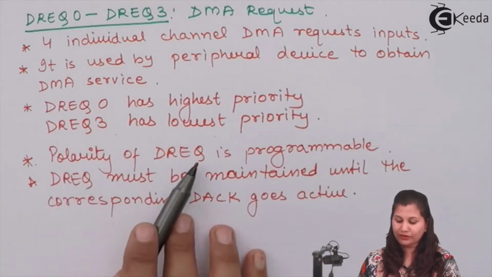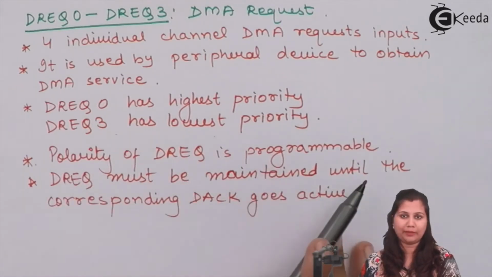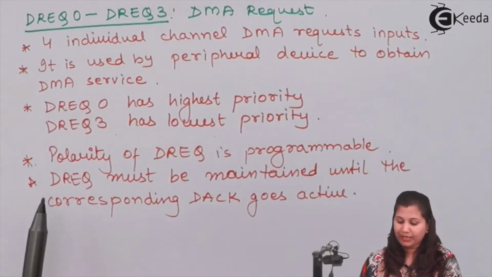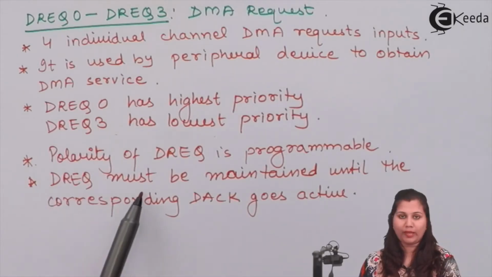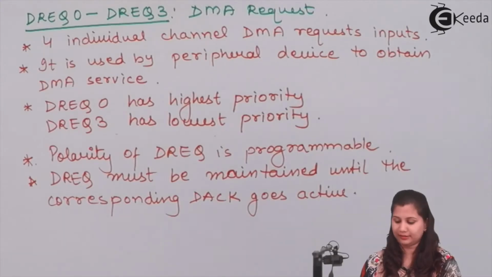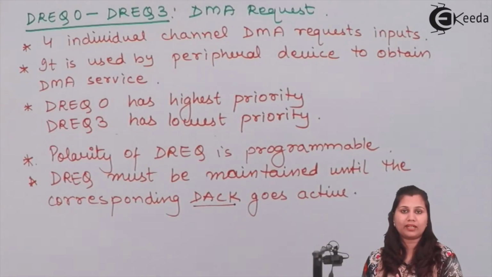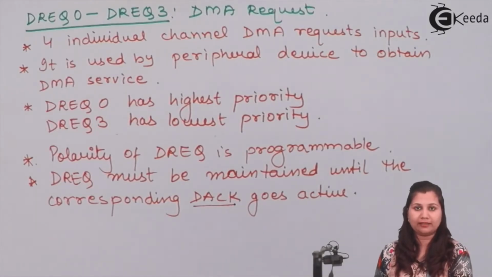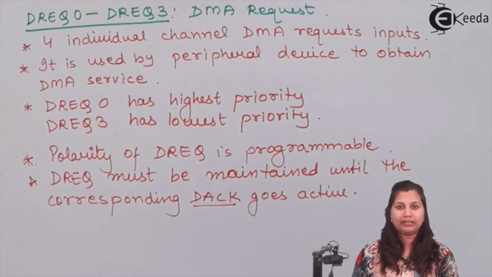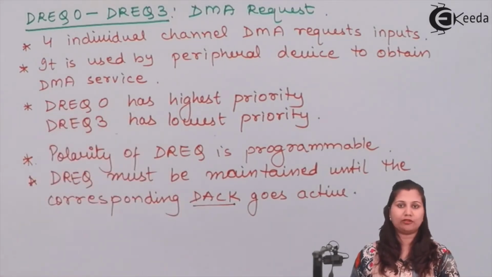The polarity of these DMA requests is programmable, that is, it can be positive polarity or negative polarity. Then the DMA request must be maintained until the corresponding acknowledgement signal, that is DACK, goes active, because every request has an acknowledgement signal. So if DREQ0 has been generated, it will be maintained until the acknowledgement signal for it has been received by the